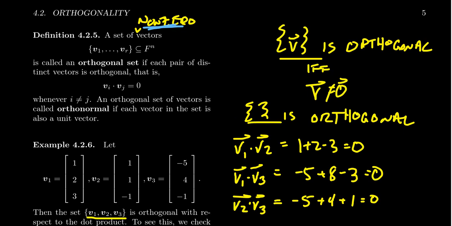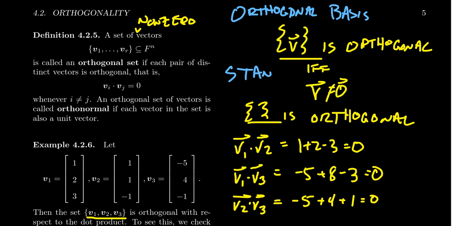If we throw in the 0 vector, it doesn't obstruct the orthogonal condition per se, but it will affect the linear independence, which we want orthogonal sets to have. For the following reason: if orthogonal sets are linearly independent automatically, and our orthogonal set is then a spanning set, then we can construct what's called an orthogonal basis. A basis, remember, is a linearly independent spanning set. Well, what if our basis is orthogonal? For example, the standard basis